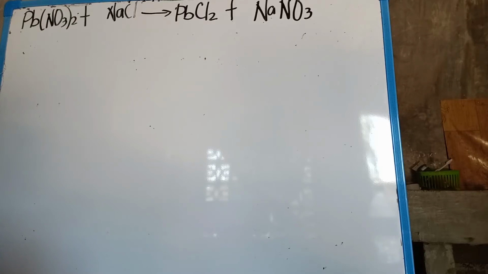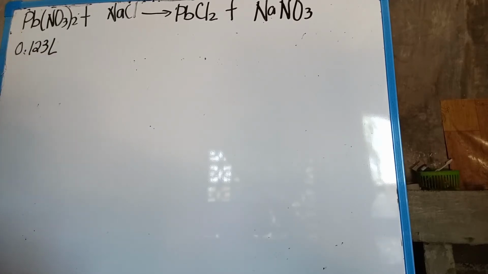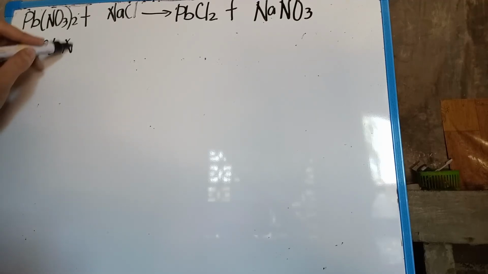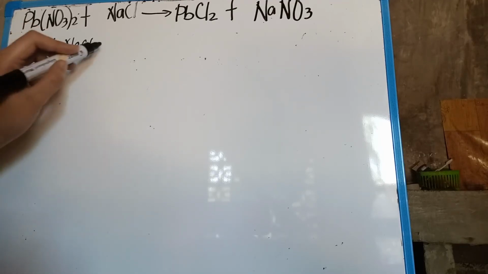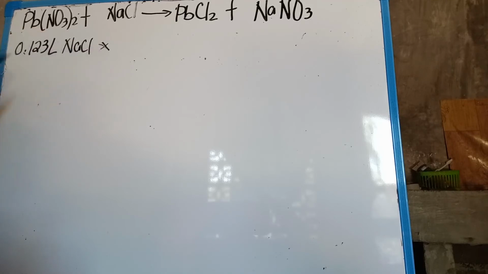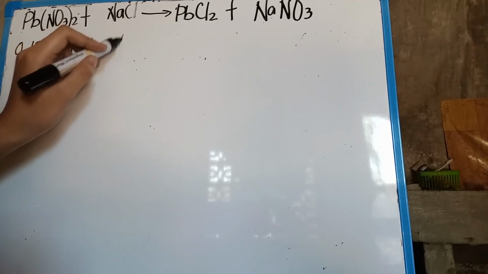So now we are going to solve. Since the molarity is given, we just get the volume of our lead nitrate. First, we write the 0.123 liter of the NaCl, or sodium chloride. So 0.123 liter multiplied by 1 mole of NaCl